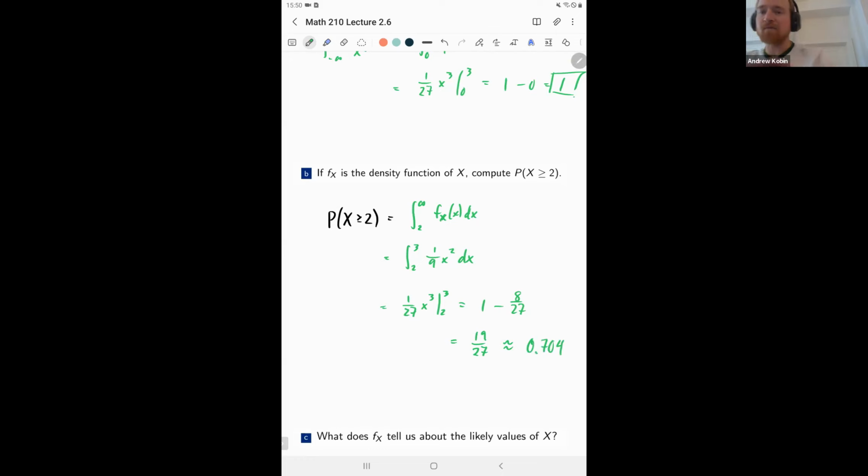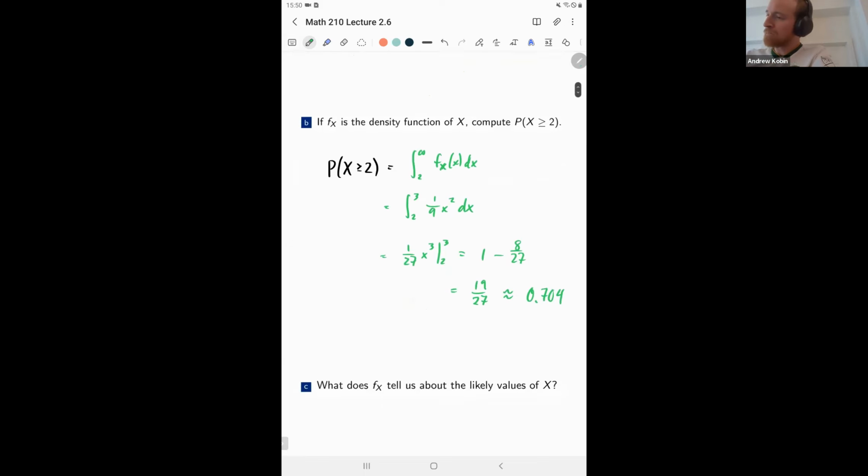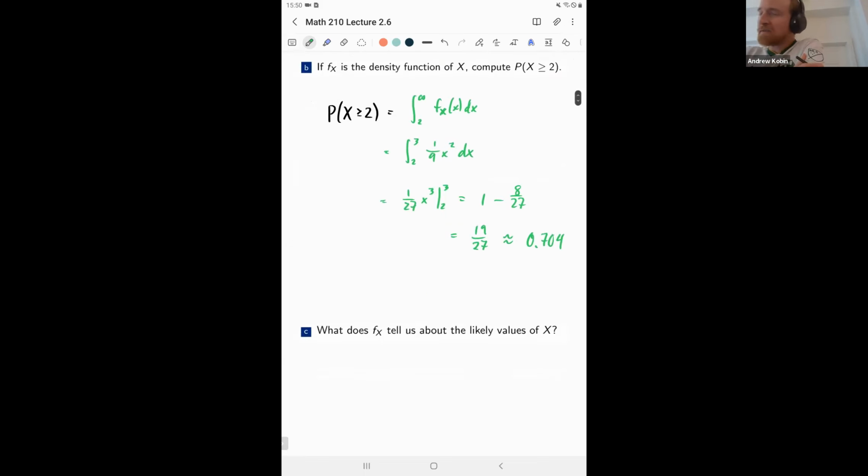I'll write it as a decimal just to keep things consistent. Okay. Here's an interesting question. So what does this function, and what we just learned, mostly from part B, tell you about likely values of x? I want you to pause the video